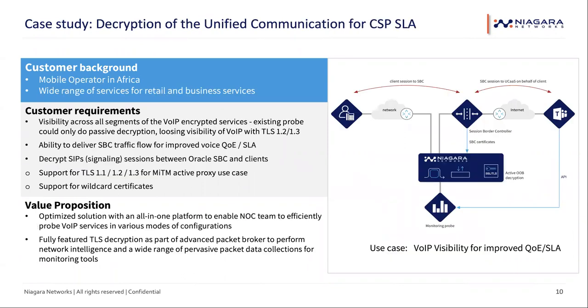The second case study is about voice connections. So if you set up a voice connection, there are basically two different traffic flows. One is the control flow, setting up the connection between the client and the server, or in this case, between a session border controller that controls all the connections between the client and the actual voice server, and the voice stream itself.